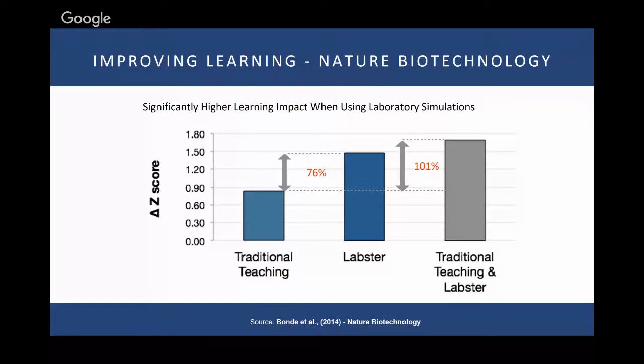of the students then had the same amount of time, but they only used the laboratory simulations that Labster had created. And we saw then, after doing a pre and post test, that the increase in learning outcomes was 76% compared to the traditional teaching method. And it really goes to show the potential in using these innovative learning simulations to complement the existing teaching, such that the teachers and educators can really focus on understanding where the students' biggest needs are.